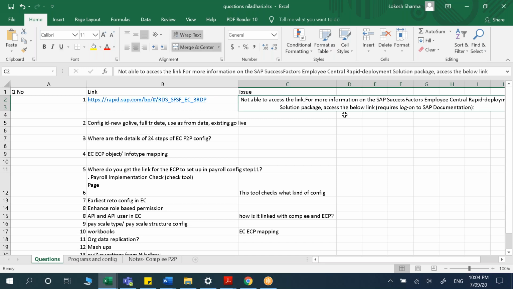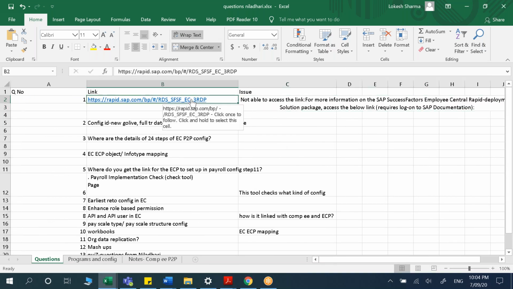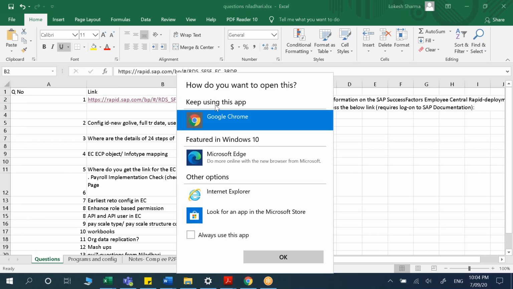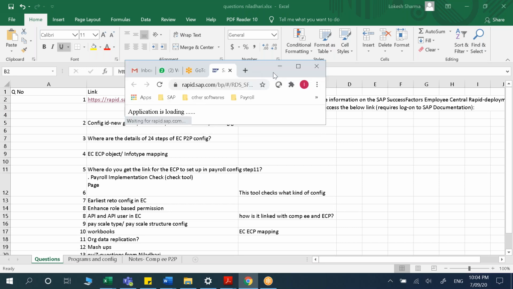That link doesn't open for me at all, but I want to access this link. Every time I try to open it, it errors out. Yes, so maybe that link got updated by SAP and it's not updated in the learning content.